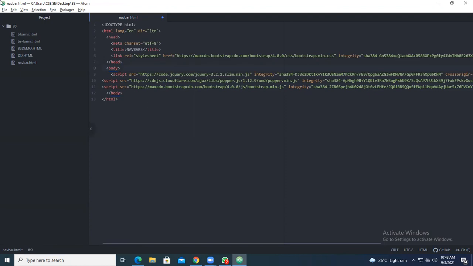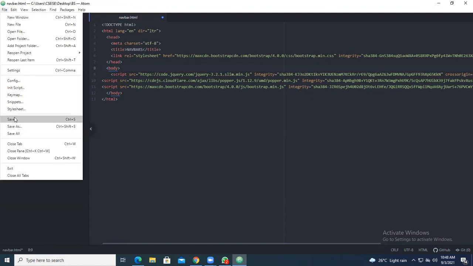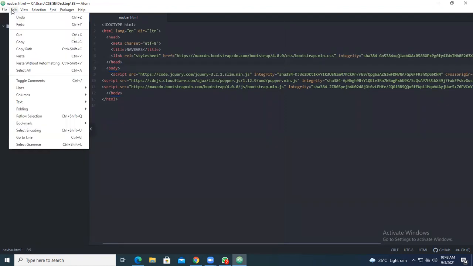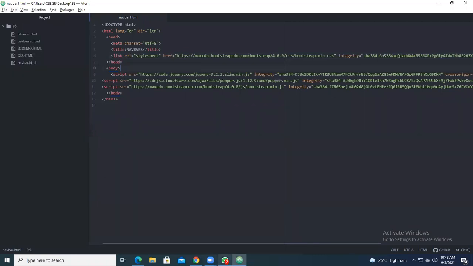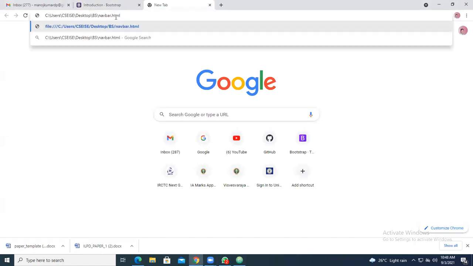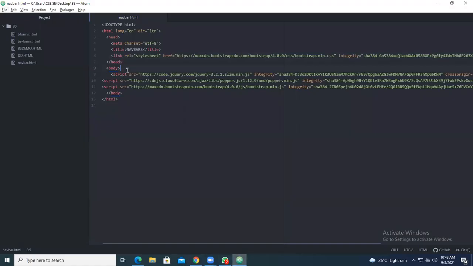Now you save this particular content. Go for the word save, go with the word edit, copy path. Go for the browser and paste this particular thing. Now you are getting navbars. There is no content added because we have only taken the body. So what are the two things you need to add? One is the link of the CSS. The other one is script files before slash body.